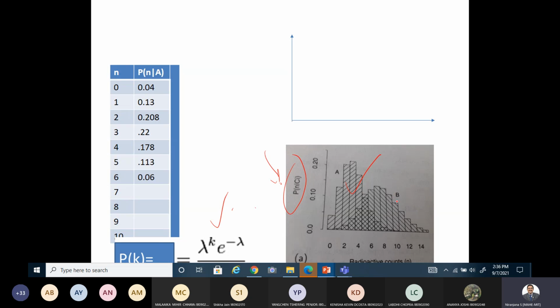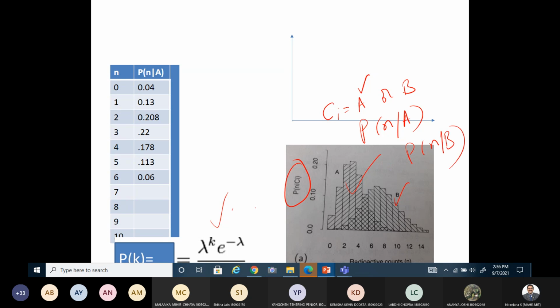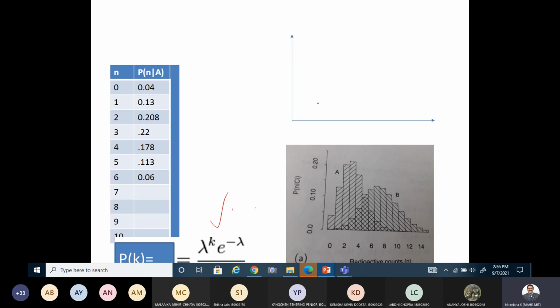Similarly, when you plot the other class, generally the y-axis is shown as probability of n given ci here in the given plot, where ci can be A or B when there are multiple classes. So for a given class, you can write P of n given A or P of n given B. Okay, that is how you can describe it, referred to as class conditional probability.